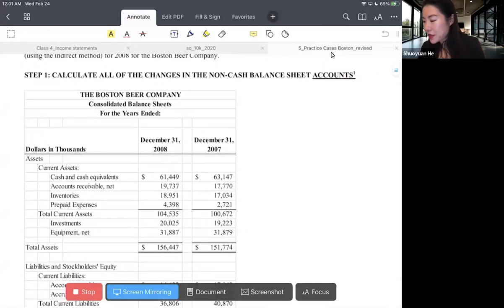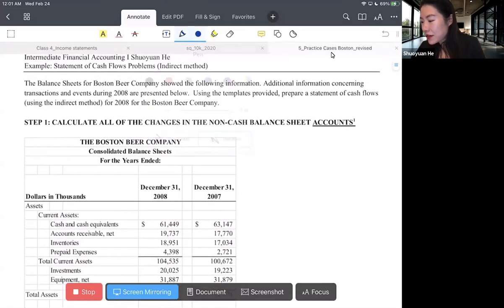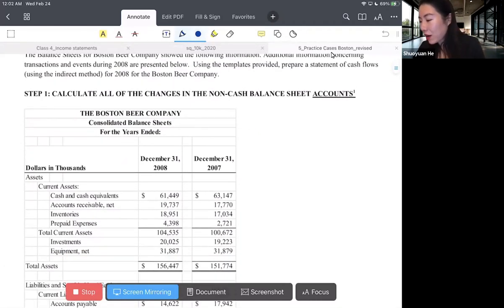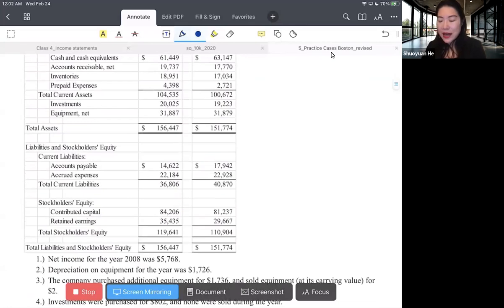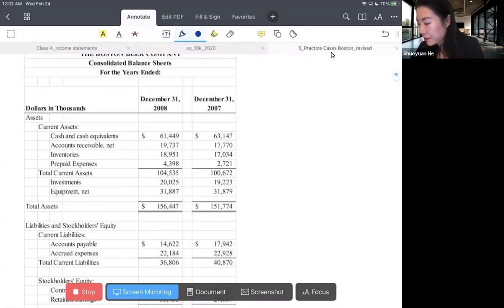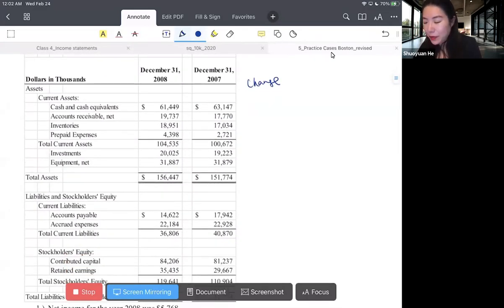So we have the firm's balance sheet here. The first step in making the cash flow statement is to calculate all of the change in the non-cash balance sheet accounts. So the first step is to calculate the change. For example, account receivable, the change is 1967. Inventories, prepaid expense. And then we have investment,